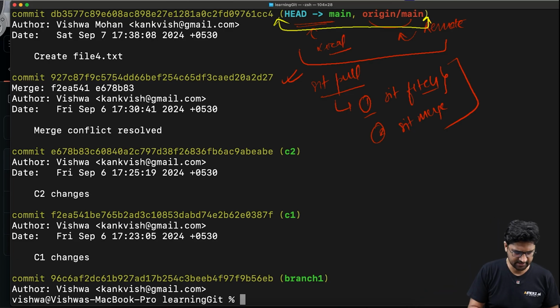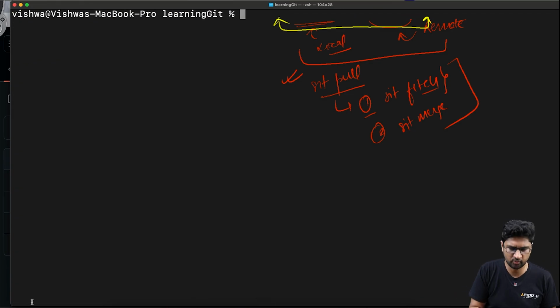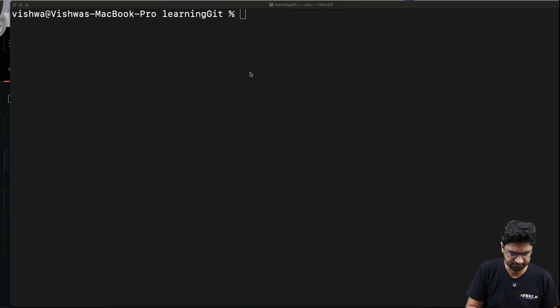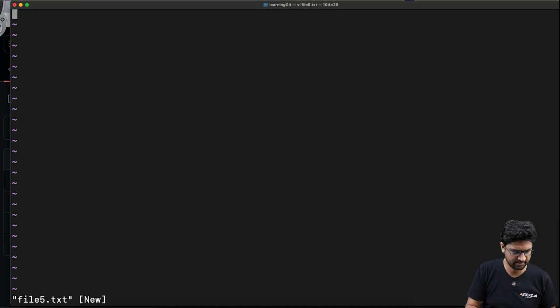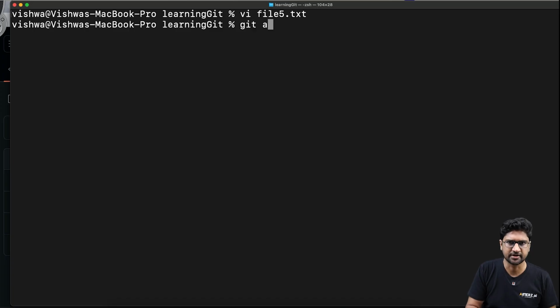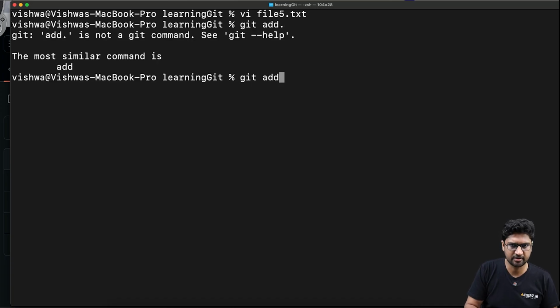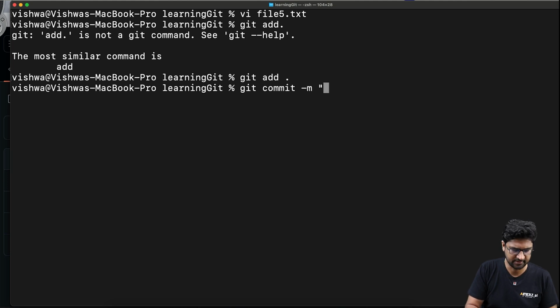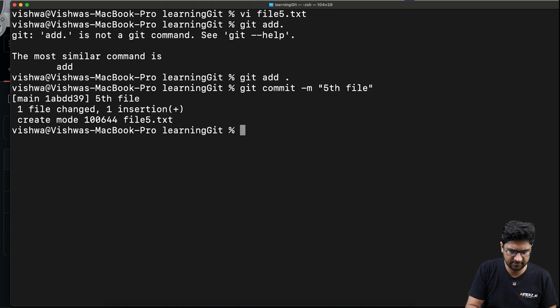Okay, so let's say I do clear. Let me create one more file here. Let me create that file with vi, file5.txt, and I add some random comment under here. Then I do git add dot, git commit -m fifth file, and then if I go into git log,